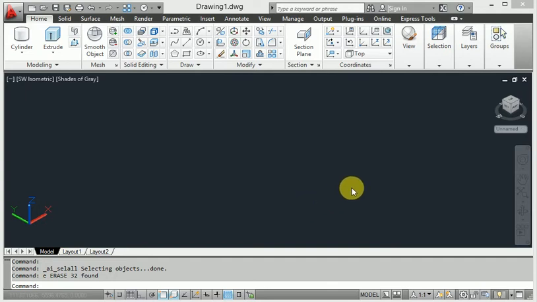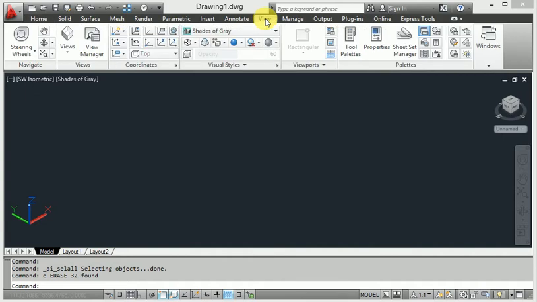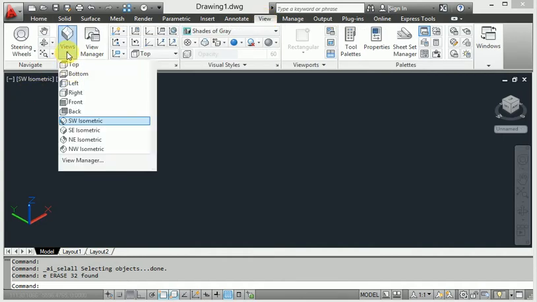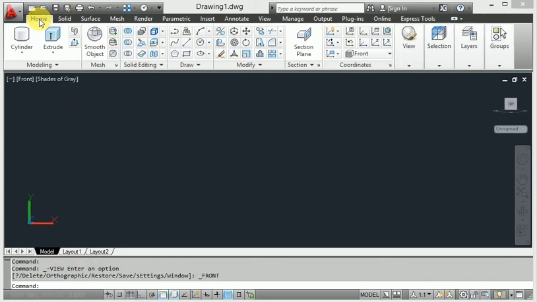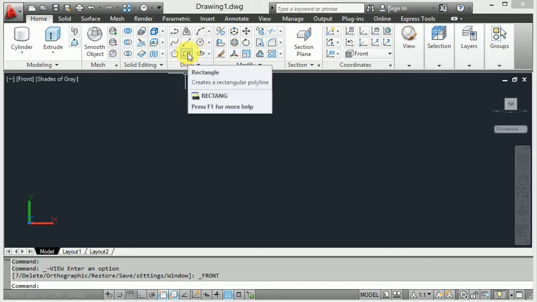So when I go to the revolve command in AutoCAD 3D, first of all I select the front view. When I click this view and apply the front view, like the home page, first of all I create the rectangle.